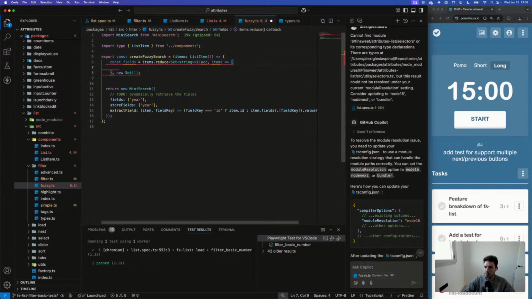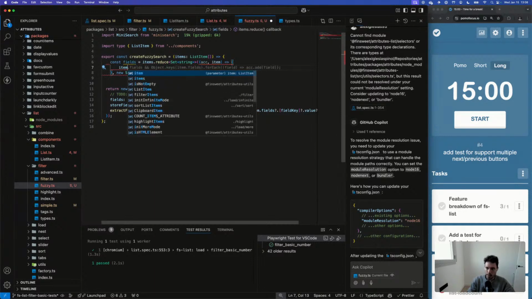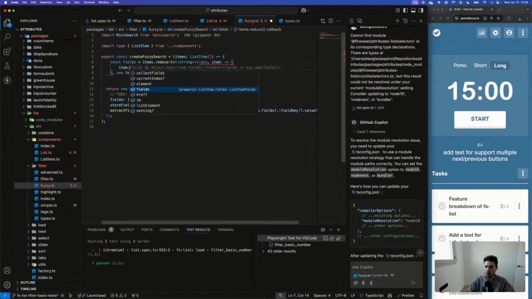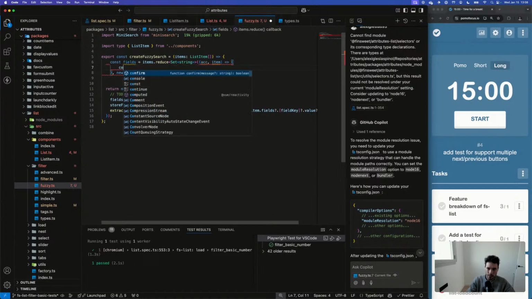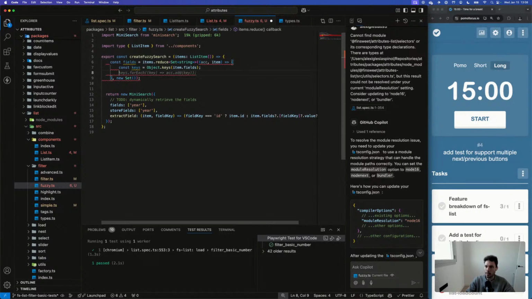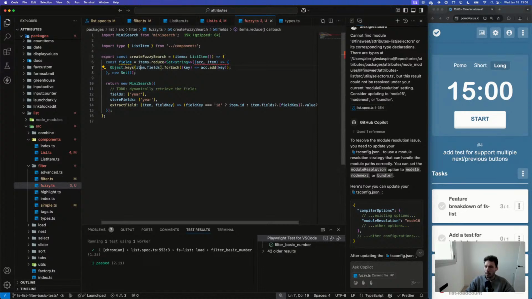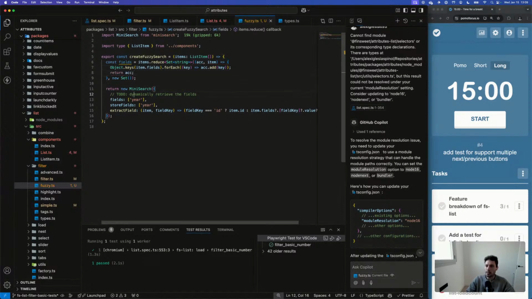So from each of these items, item.fields, I want to get the keys. No need to get this, I can simply do this like that. So I'm getting the keys of each of these fields, and each of that, I add that to the set, and then I return this.